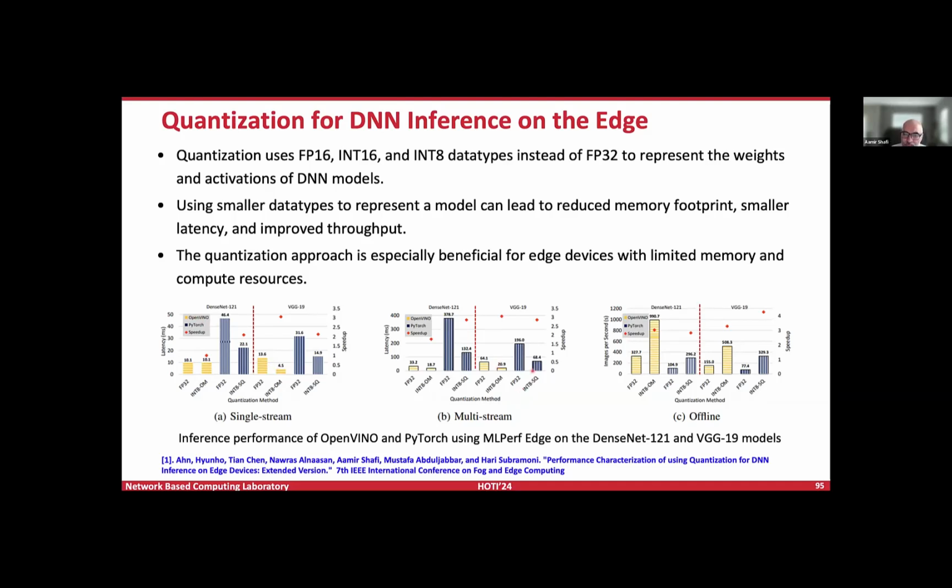We also have other results with multi-stream. The format is pretty similar. The speedups are more pronounced, and also for the offline mode. In multi-stream and offline, we are working with multiple inputs. In single stream, we just process one input and then go to the next one. But in multi-stream and offline, we are running inference on multiple inputs at a time, so this gives us more opportunity to optimize.